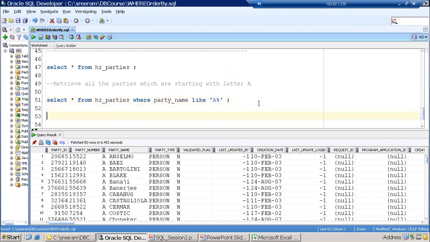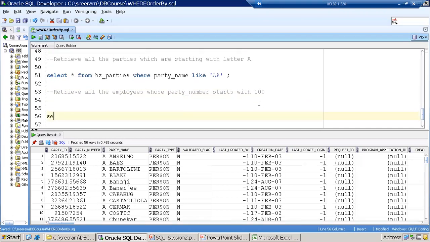We can also try another thing. Let us say I want to retrieve all the parties whose party number starts with 100. So how do we write it?